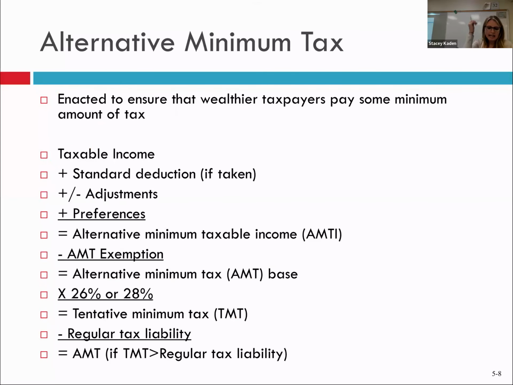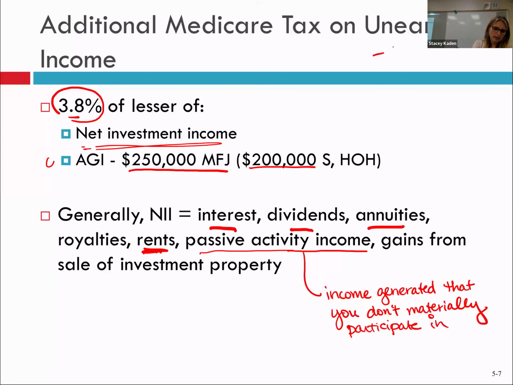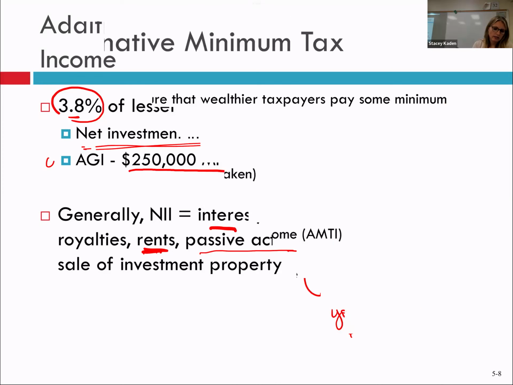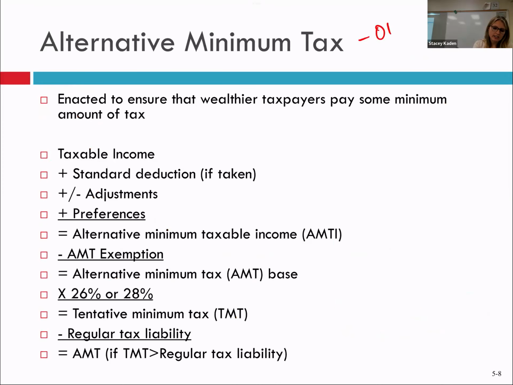All right, the last, I mean, I guess we could put up here, this goes in other taxes as well. And the last other taxes we're going to talk about is the alternative minimum tax. Okay, I'm not going to spend a lot of time on this because I don't think you're going to be tested on it, but I want you to know that it exists and to make fun of Congress a little